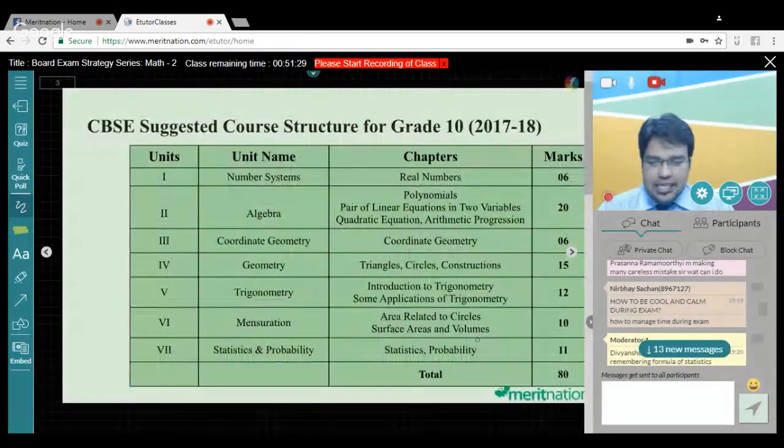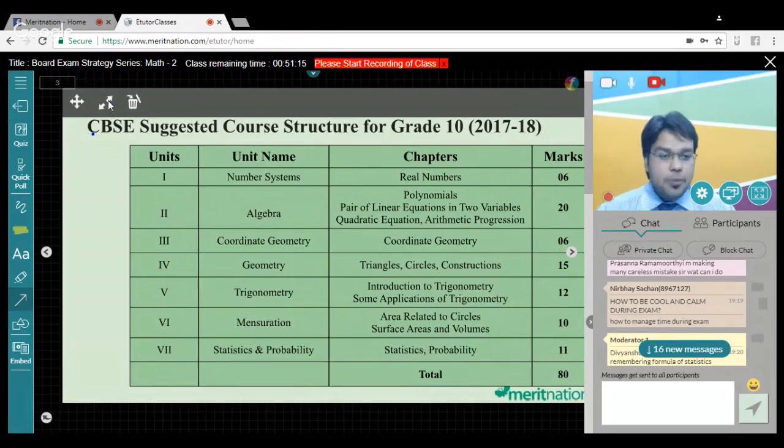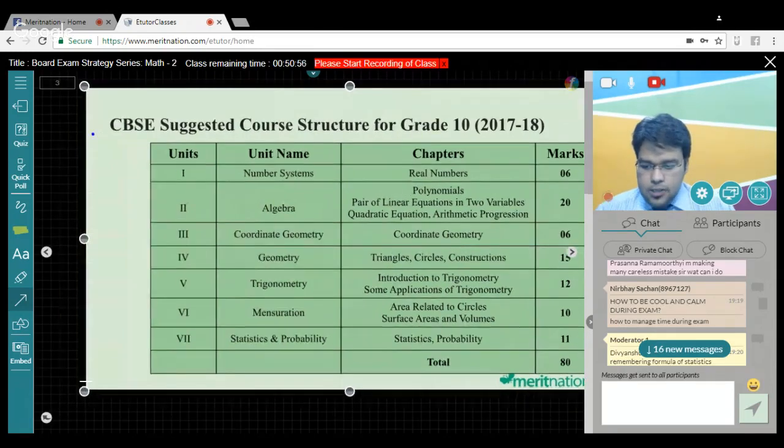Now, this is the most important thing, that what time, how much energy I should put in the different units, in the different chapters. How should I go about the preparation in this limited time frame? For this, I would just try and individually give you an idea about each and every chapter, so that in your preparation you know as to how and where to concentrate. Just give me a minute.